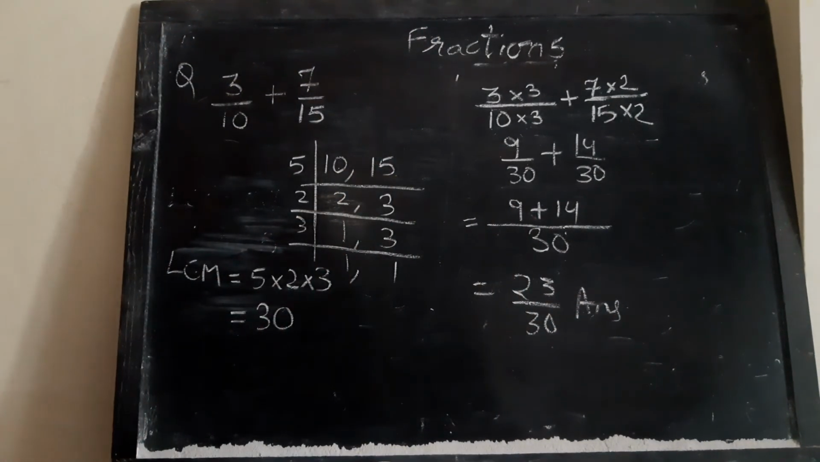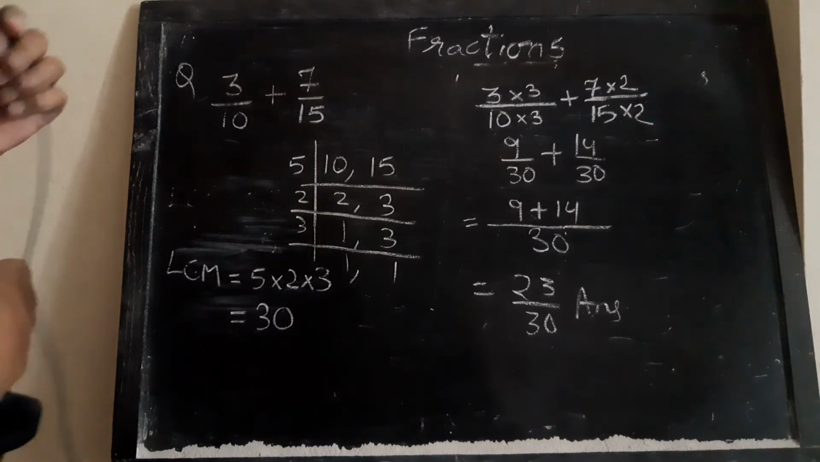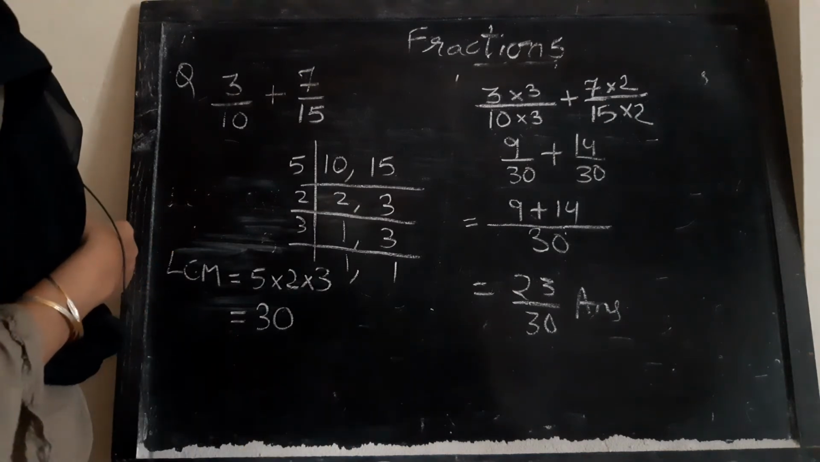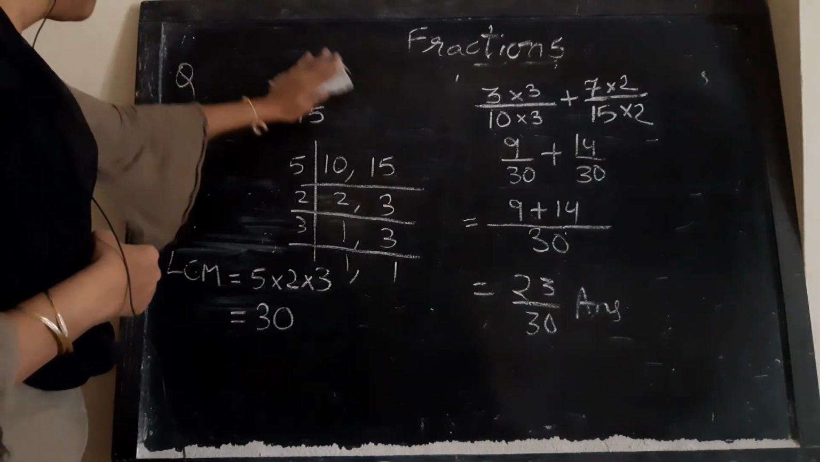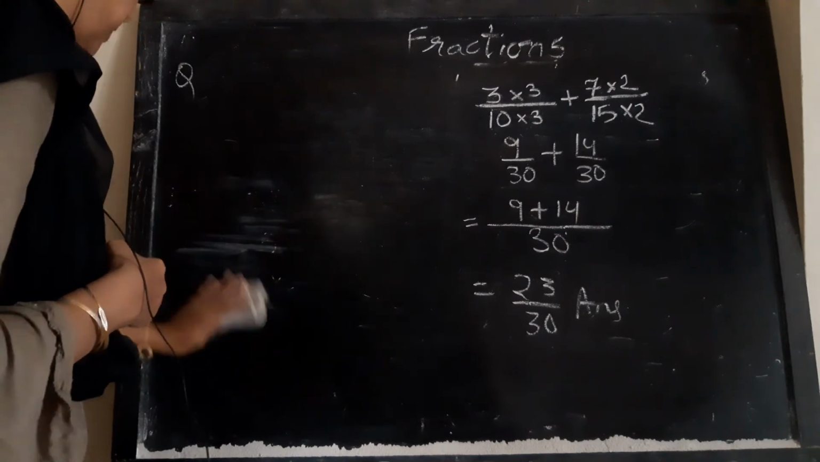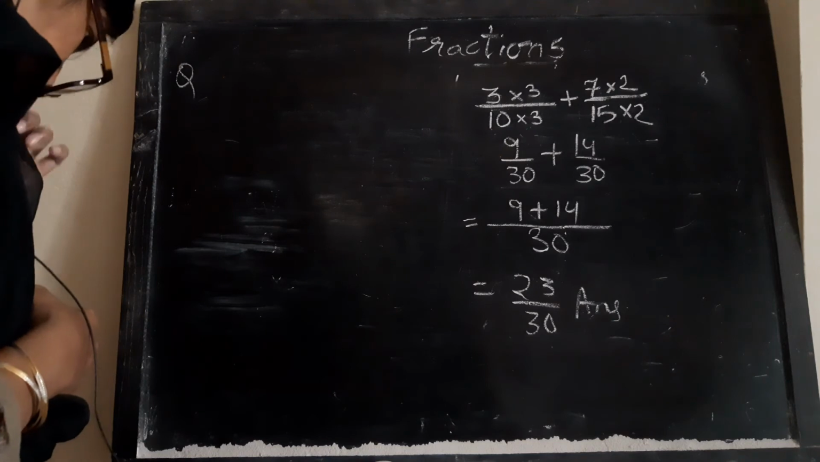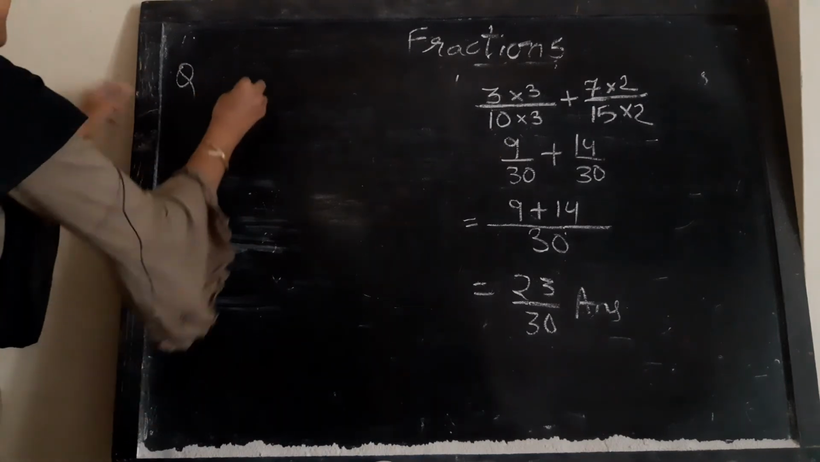This is how you can add or subtract fractions. One more question we will look at, and that will be of subtraction. We've taken 2 questions from addition. Though the process is the same, still we will do one more question from the subtraction side. Now suppose the question is we have to subtract 5 upon 6